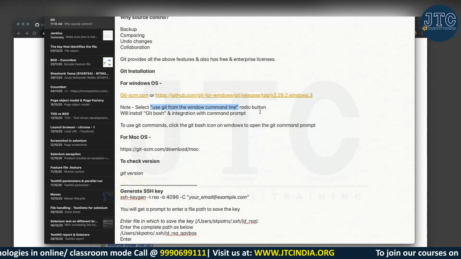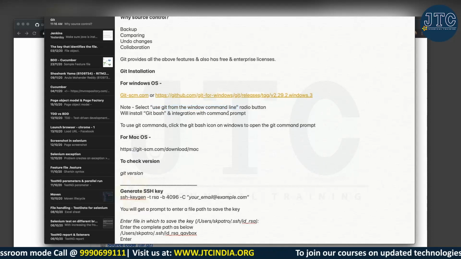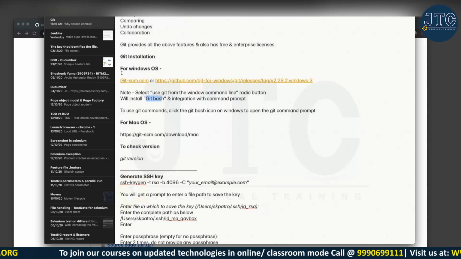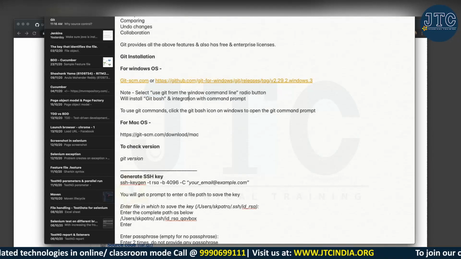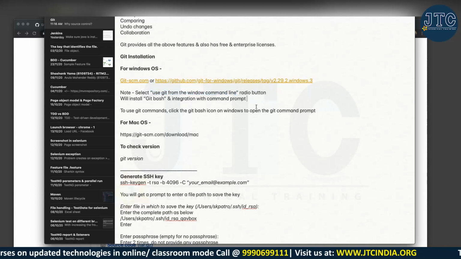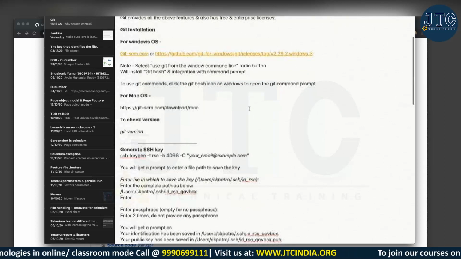You are good to go with that. That's why I'm keeping that as a note here. We will install Git Bash. So this Git is nothing but Git Bash. Like you have Unix commands and Windows commands, Git has a few commands too, which we will learn a bit later. To connect Git Bash with your command prompt, you have to select this option, only one time while installing.